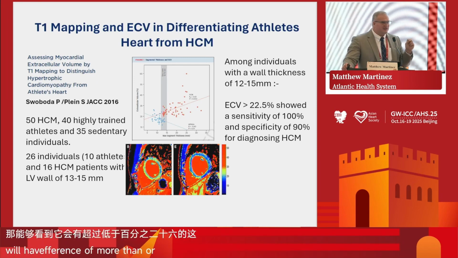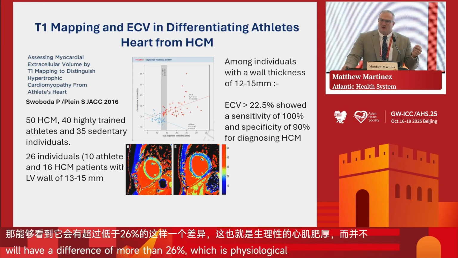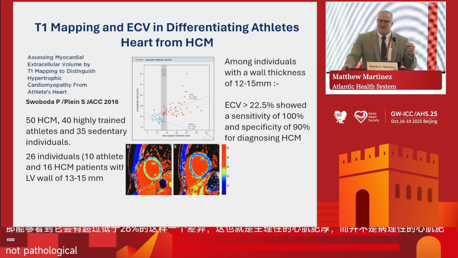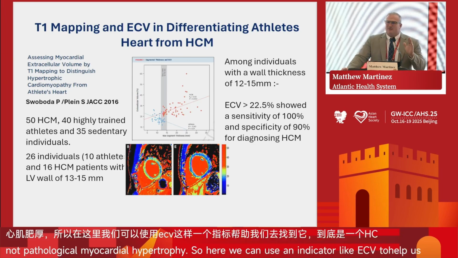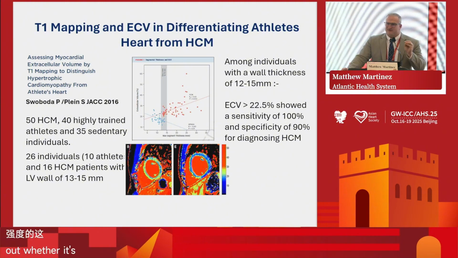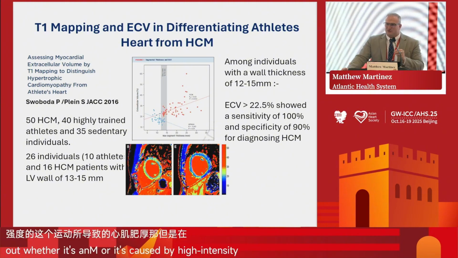So just using ECV can help you look for whether or not this is HCM or athlete. Now, not perfect. There is some overlap, but in that gray zone area, this is a very valuable tool to distinguish between physiologic